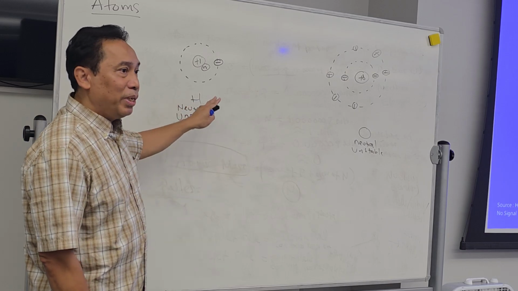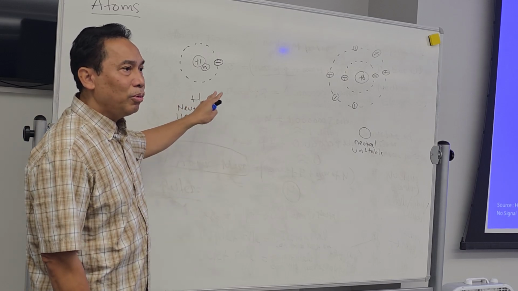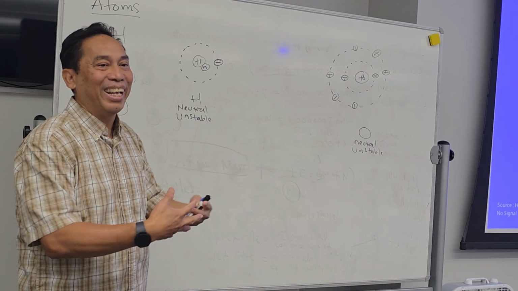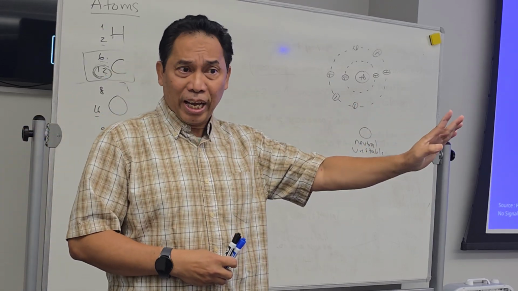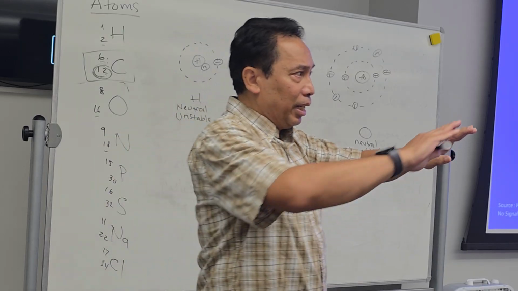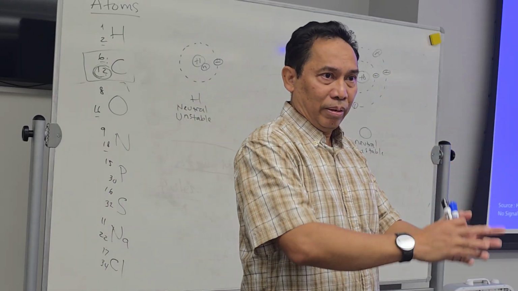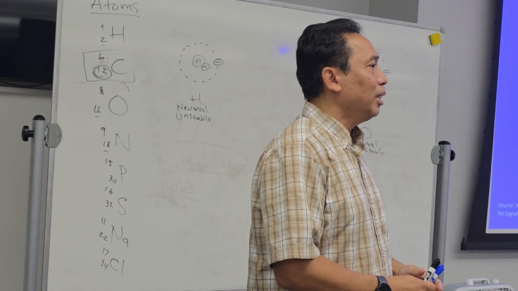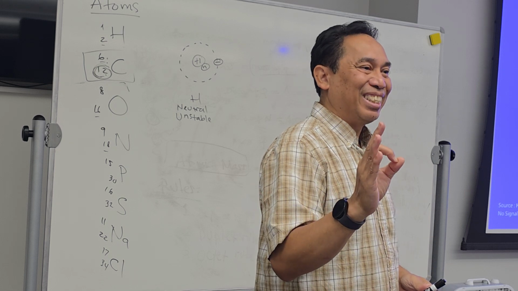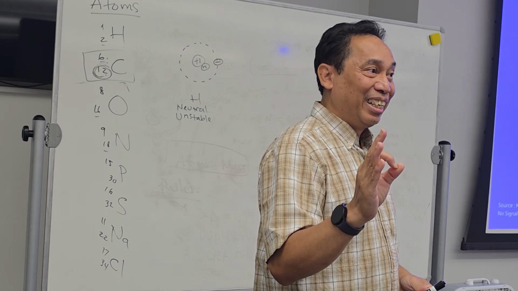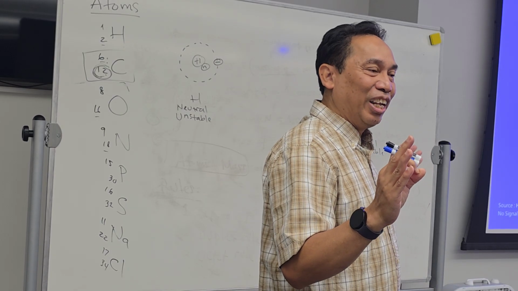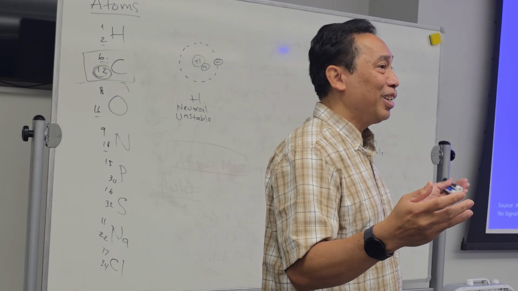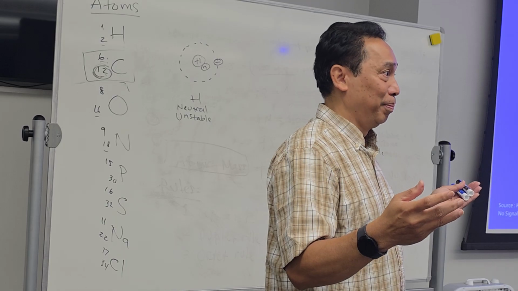Now this one is not following the rule yet. Therefore, in order to be stable, they have to do something. They have to combine. That's the reason why most of the time, the chemicals that you find in nature are actually molecules. Can you follow this, right? You don't see atoms by themselves because many of them are unstable. They will create molecules. So you have molecules most of the time.